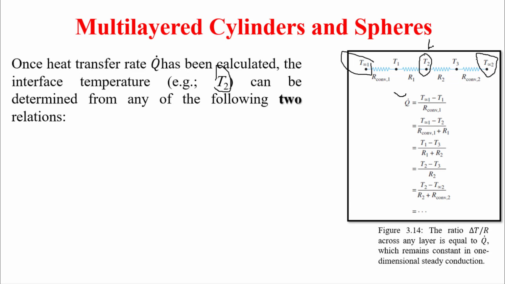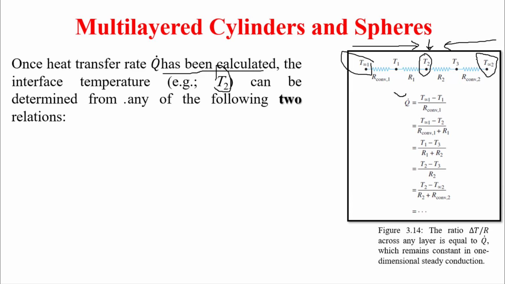And in the other part of the problem, he asked us to find T2. Okay, so T2 either we come from this side or we come from this side. Once heat transfer rate Q dot has been calculated from the previous equation, T infinity 1 minus T infinity 2 over R total, the interface temperature